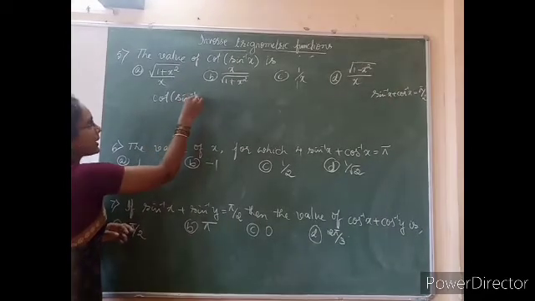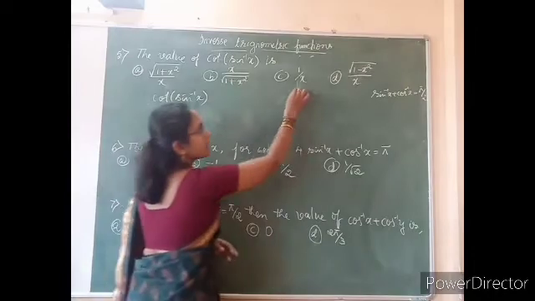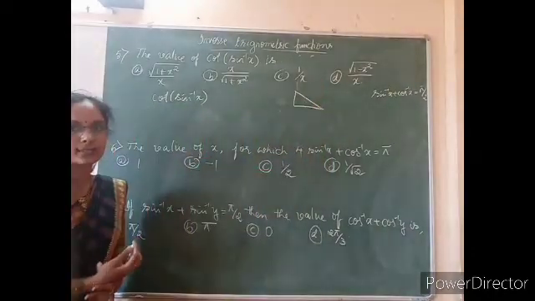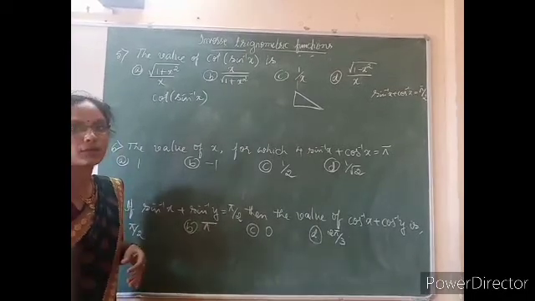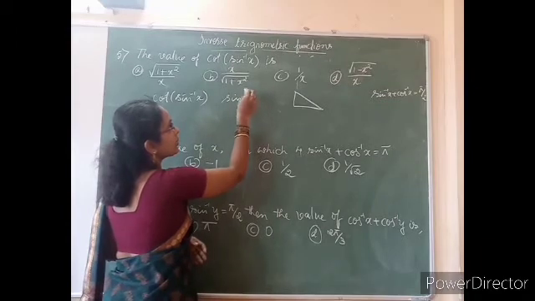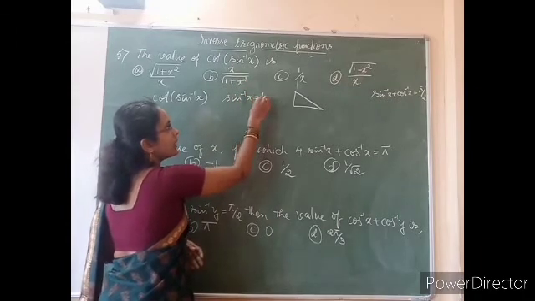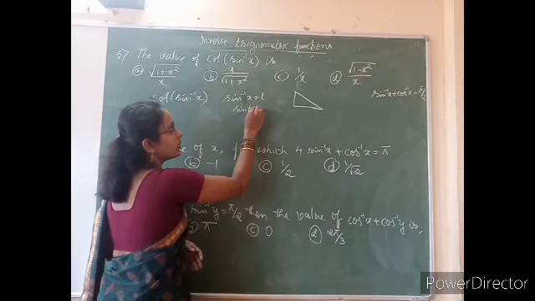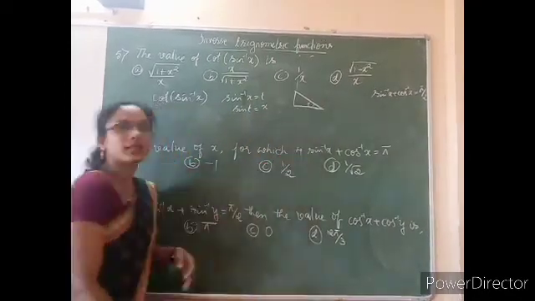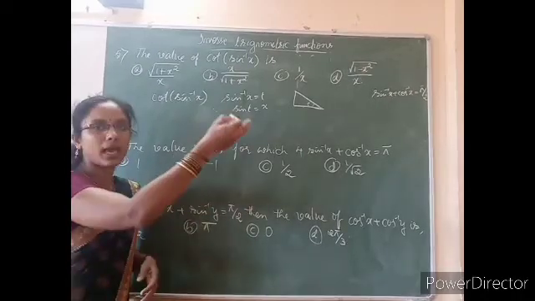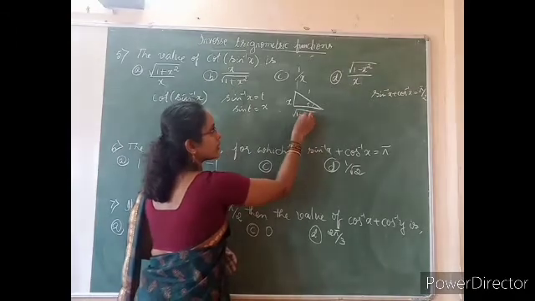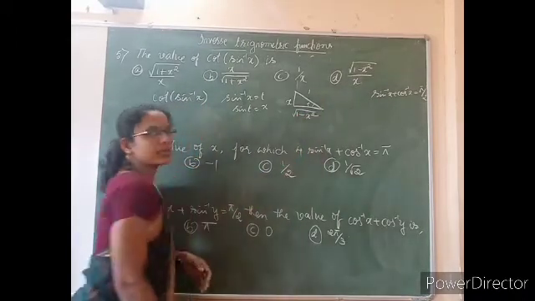So this can be written as, if I consider a right angle triangle, sin inverse of x. If I take one variable t, sin inverse of x equal to t, then sin t is equal to x. So if I take this as the angle t, then sin t is x, opposite by hypotenuse, x divided by 1, therefore the adjacent side should be square root of 1 minus x square.